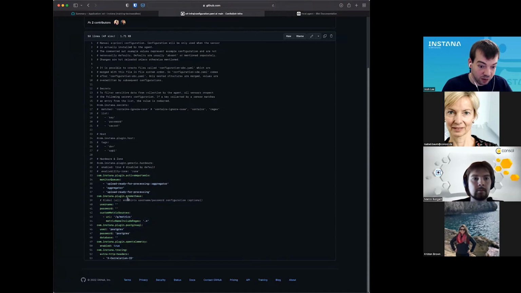We are using some customization to the Prometheus metrics to gather some of the synthetic metrics that the Quarkus application is outputting. If you're just looking for host level metrics and you're not looking for any custom metrics, you won't even need this. Instana will just pick up those host metrics for you. We need to give Instana admin access to our Postgres database so that it can profile that correctly.